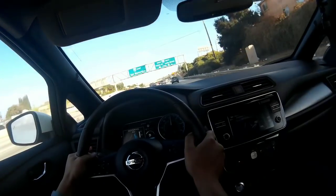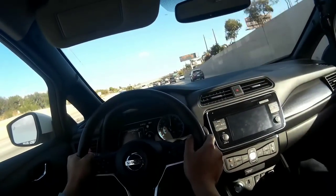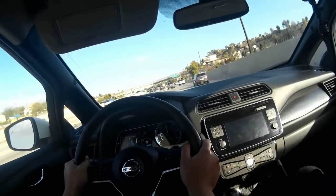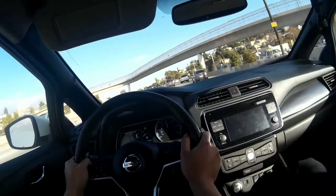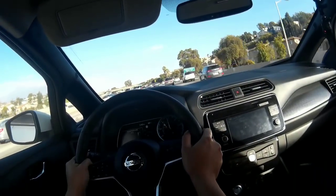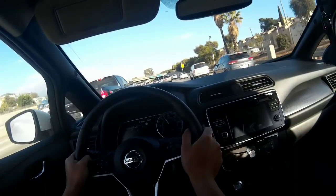But I like how the layout and stuff, this is typical Nissan. Ergonomics is good. Overall design, like I said, I still like it, but at the same time, some parts are hard plastic. But overall, on the driver's side, it feels really good. The steering wheel is leather. The seats are cloth, but you don't feel it as anything. I think they may have updated this or something, but overall, the car feels a lot better